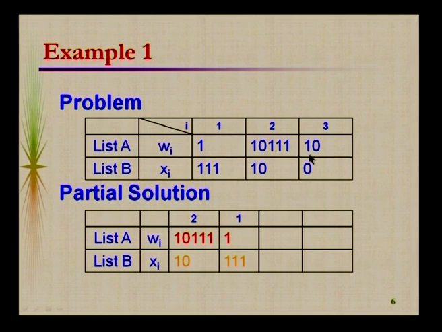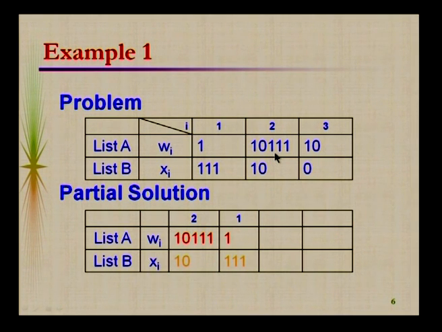But when you go for 3, we do not have any prefix match, because the list A string starts with 1 0 and the list B string starts with 0, so there is no prefix match. It means that certainly we cannot have a solution starting with 3, as we do not find any prefix match as far as the corresponding pair 3 is concerned. But it is possible to start a solution with 1 or with 2,